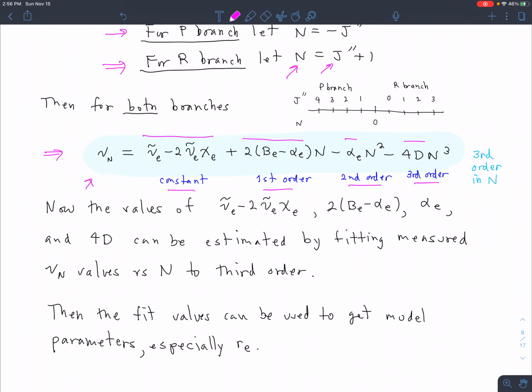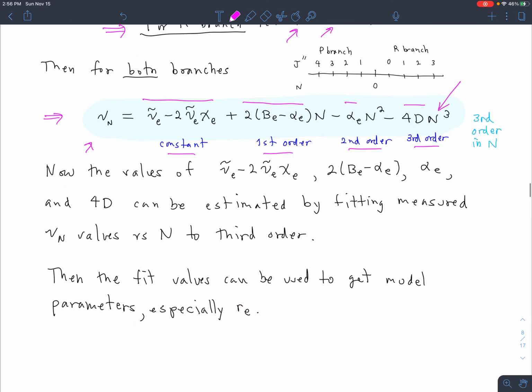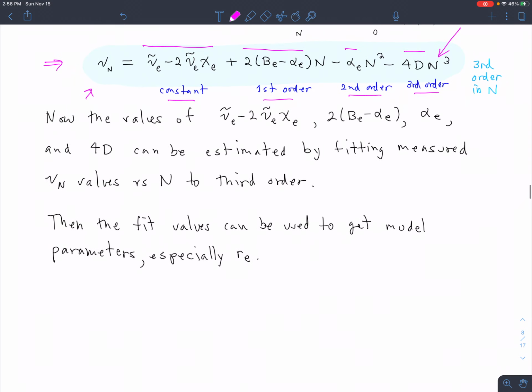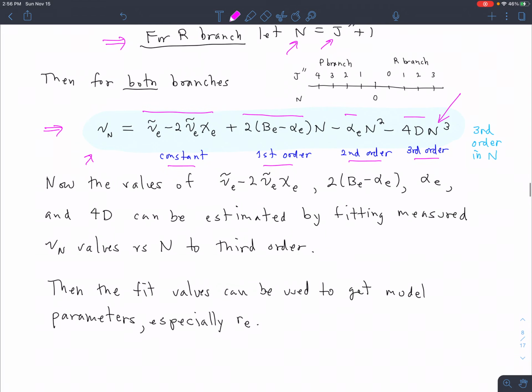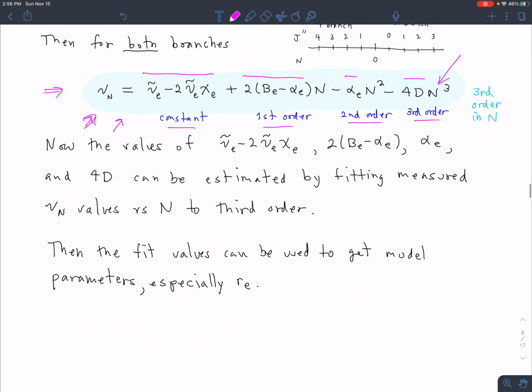And so we'd only have to do 1 fit. We do 1 polynomial third order fit in this new variable n, rather than 2, 1 for the P branch and 1 for the Q branch, and then this works for both branches simultaneously. So you can put everything, both branches at once, on 1 single plot and make the third order fit